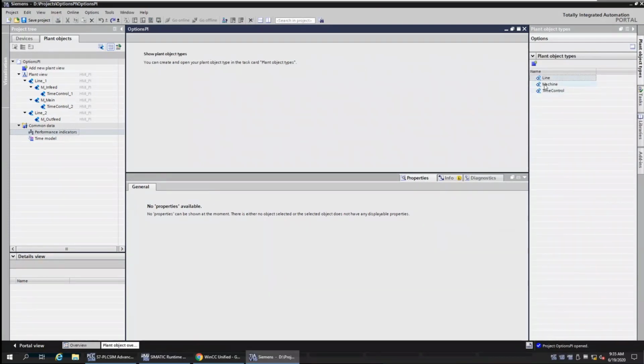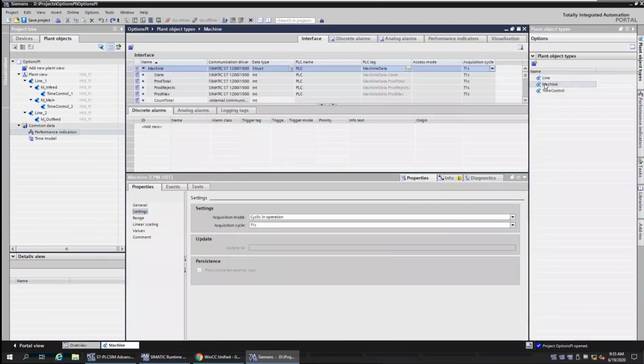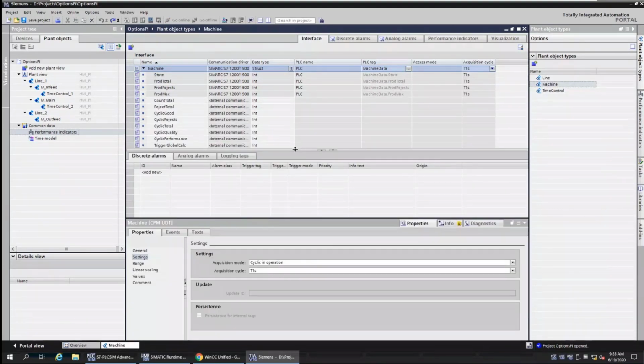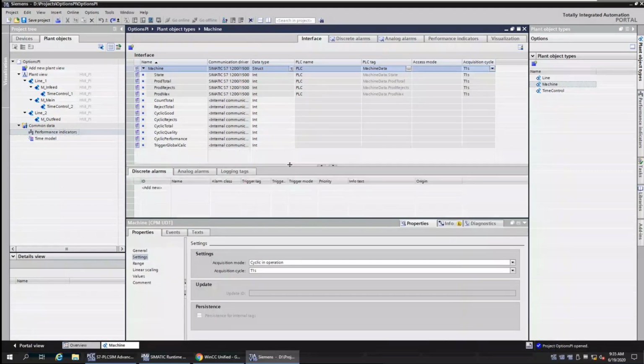If we go to our main machine, this is where we start adding all the different information for our KPIs. So I'll move this out of the way. The first thing that we will look at is the interface. The interface is based on the PLC data type that we created. So it's bringing back the state, the total products, the total rejects, and what it should have produced as a